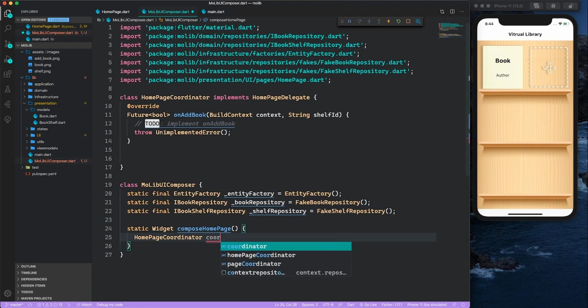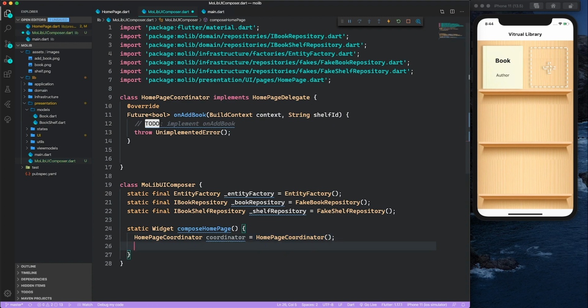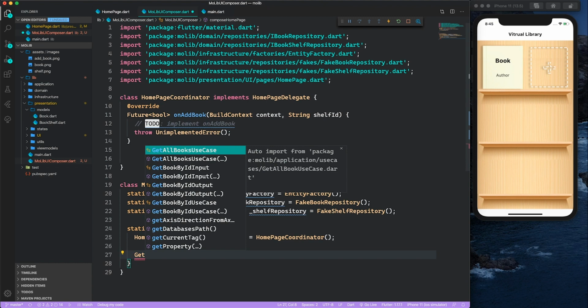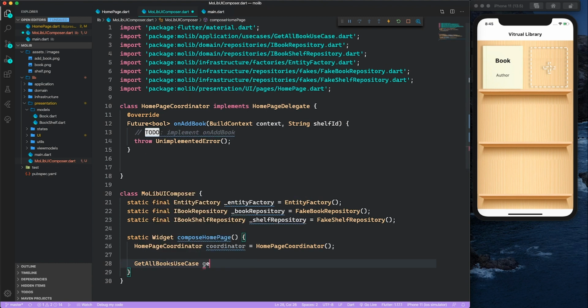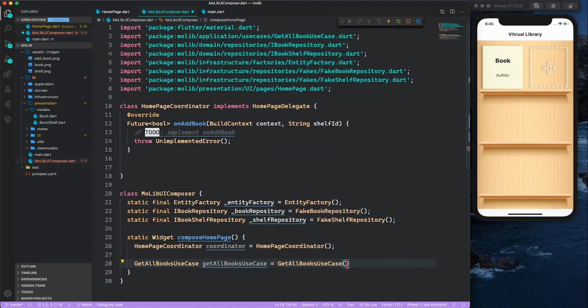I'm just going to call it coordinator. Home page coordinator. We want all our use cases. So we want our get all book use case,